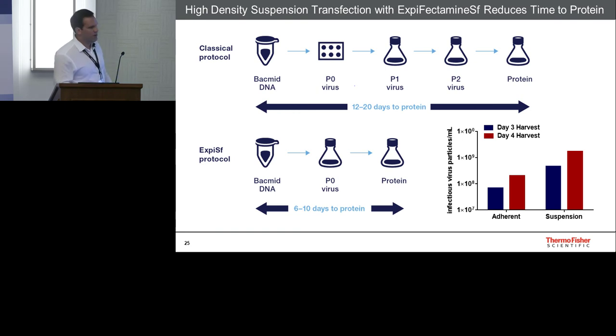And I think very similar, as Sabine called out earlier today, one of the other hallmarks of this system is we have a transfection reagent to do highly efficient suspension transfection of our bacmid, such that we make P0 virus. We can make large quantities of P0 virus that's very good for protein expression, and you can go right into an expression run. The other thing that's quite interesting as well is that while you're making your P0 virus, it's such an efficient